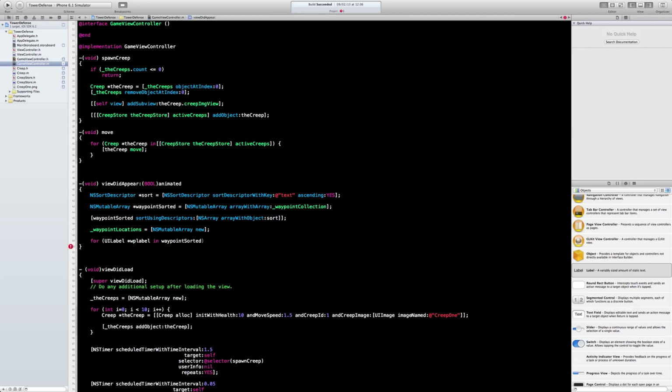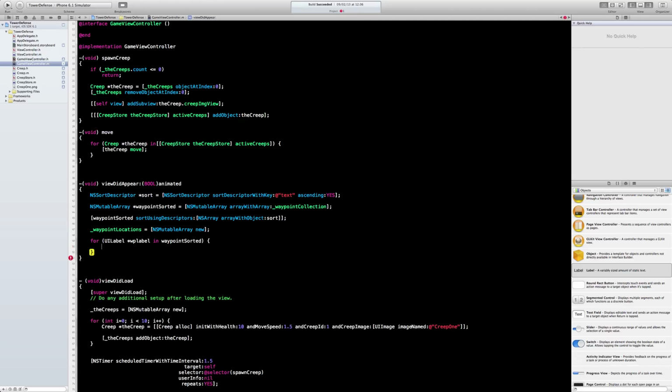We are going to enumerate through this one because it contains all the labels. And what we want to do here is extract the coordinates that the label has. So I'm going to make a CGPoint, and the CGPoint is going to be equal to the